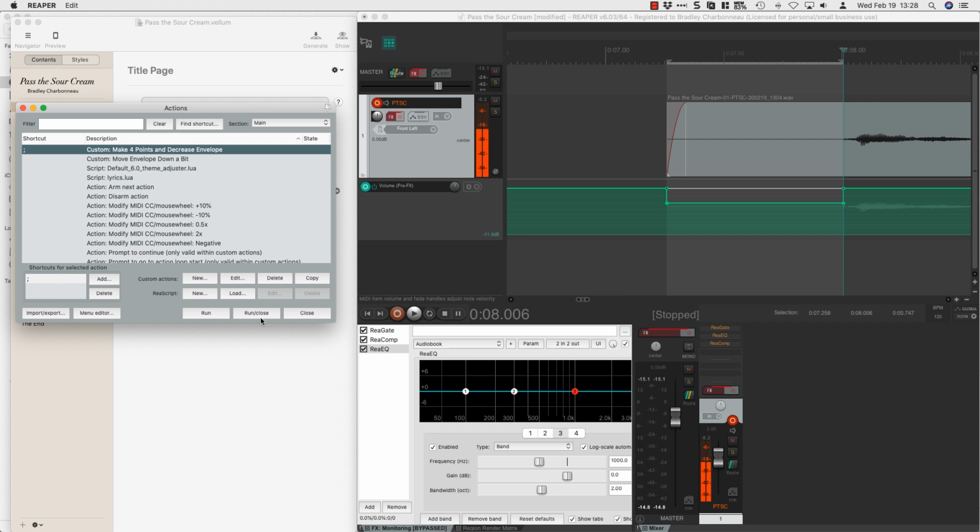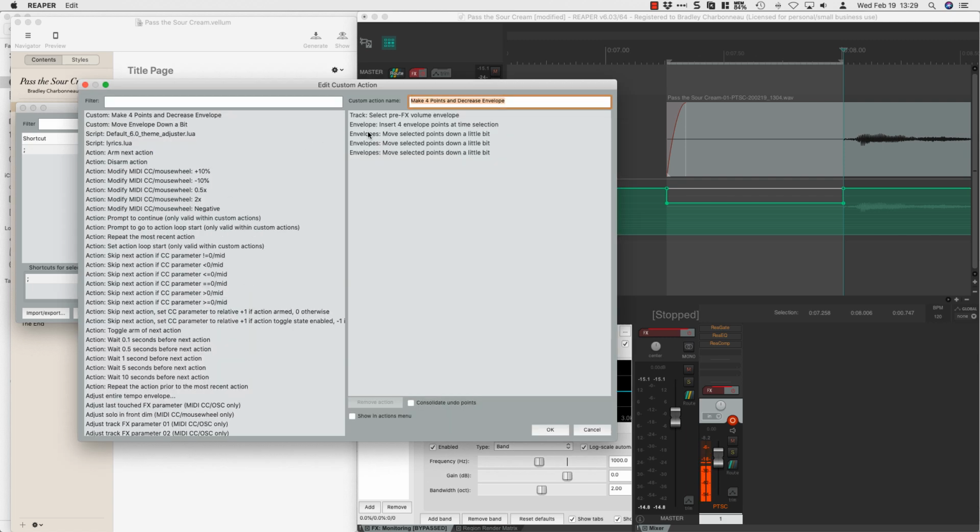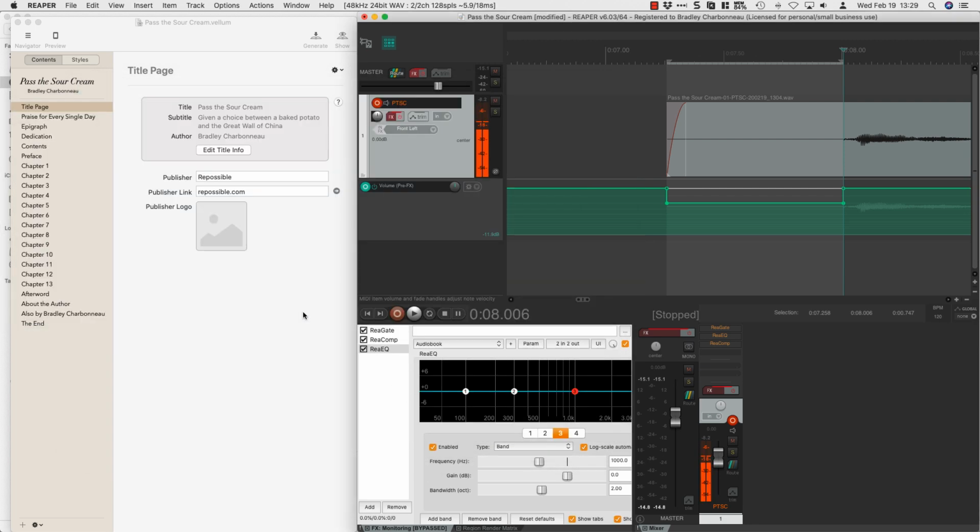Now, let me show you what's going to happen. If you don't do the shortcut, by the way, you can do run, and that works too. So you've got your custom thing, called make the volume a little lower. You've got your steps, right? 1, 2, 3, 4, 5 steps that the custom action is making. Now I'm going to close this, and when I hit the keystroke, it moves it down. Okay, so I just made this little section, 0.5 seconds, less loud. So I'm done with the beginning of the opening credits.